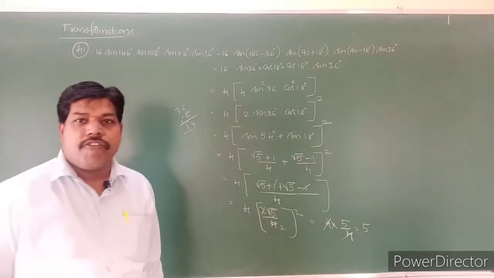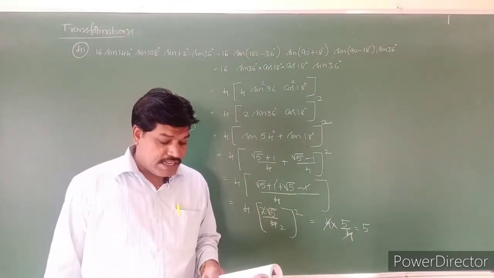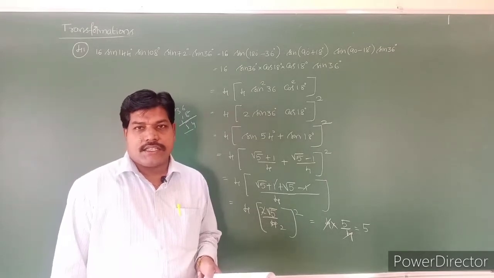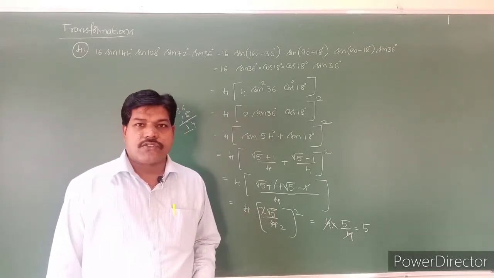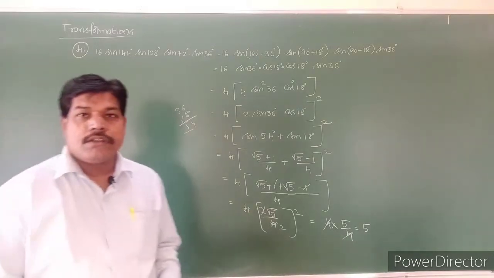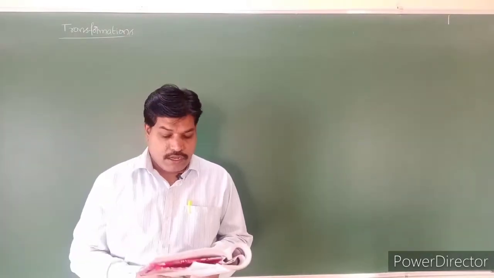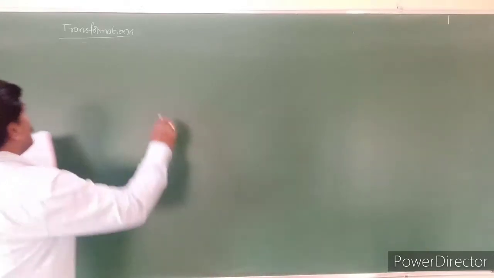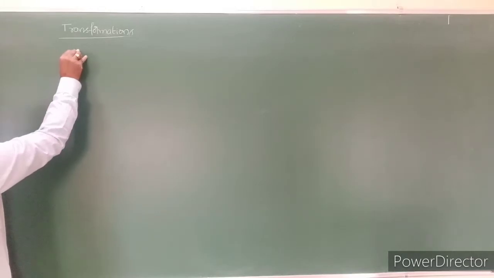The value is 5. So see that question, students. What is the answer? So the answer is 1. Option 1 is the answer. So see that one, students. Are all understood that? So see the next question, question number 42. What is question number 42?